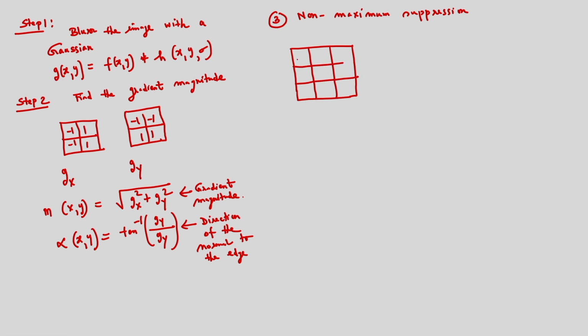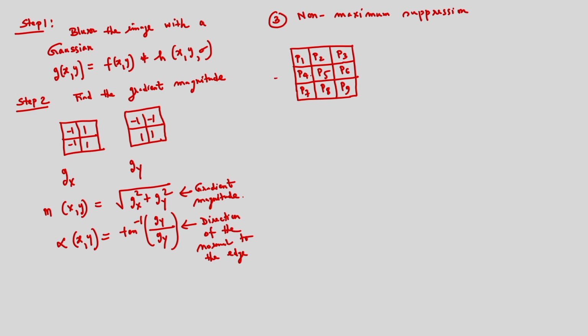This is a 3 by 3 window, and suppose the pixels are P1, P2, P3, P4, P5, P6, P7, P8, P9. These are the pixels, and in this case suppose I consider a horizontal edge passing through the point P5.